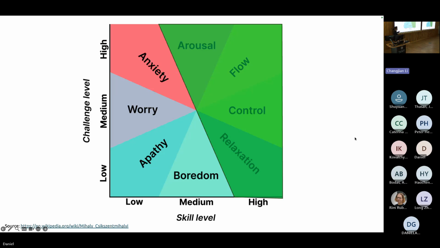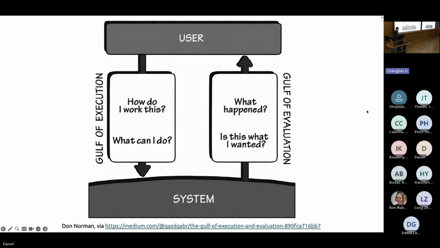So how do we do that? How do we build systems that get us into this particular part of this design space? For this, I think it's useful to look at another framework from cognitive psychology. This one is courtesy of Don Norman, who is kind of a design guru and very well known in the human-computer interaction community. He has this theory that when users are working with systems, there are these gaps, or he calls them gulfs, that you have to be able to close. One is the gulf of execution, basically figuring out how to do a particular thing in the system. And then the gulf of evaluation: when you took an action in the system, figuring out what happened and whether that thing that happened is what you actually wanted.